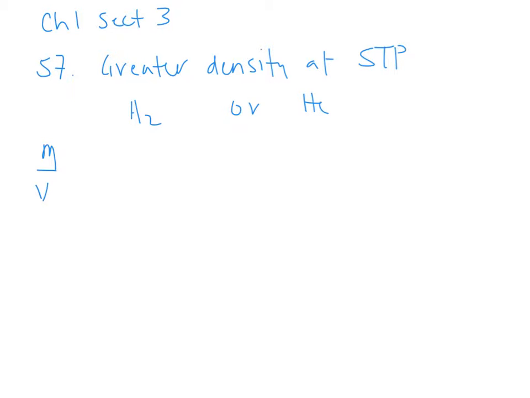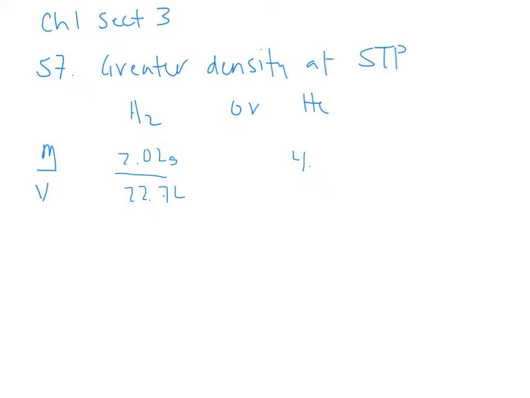Starting with number 57, which asks, which has the greater density at STP, hydrogen or helium? Well, a few things you have to put together on this one. First of all, hydrogen is H2, whereas helium is just He because it's a noble gas. And density is your mass over volume. Now, since it's at STP, we're going to be looking at 2.02 grams of hydrogen in 22.7 liters versus